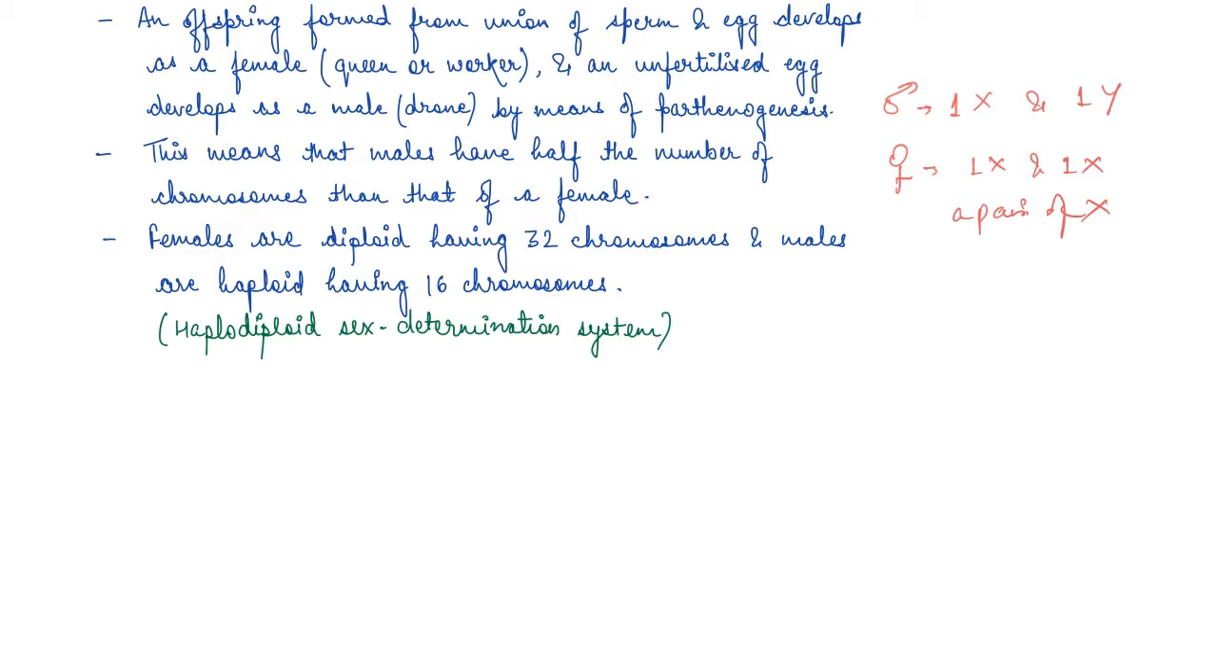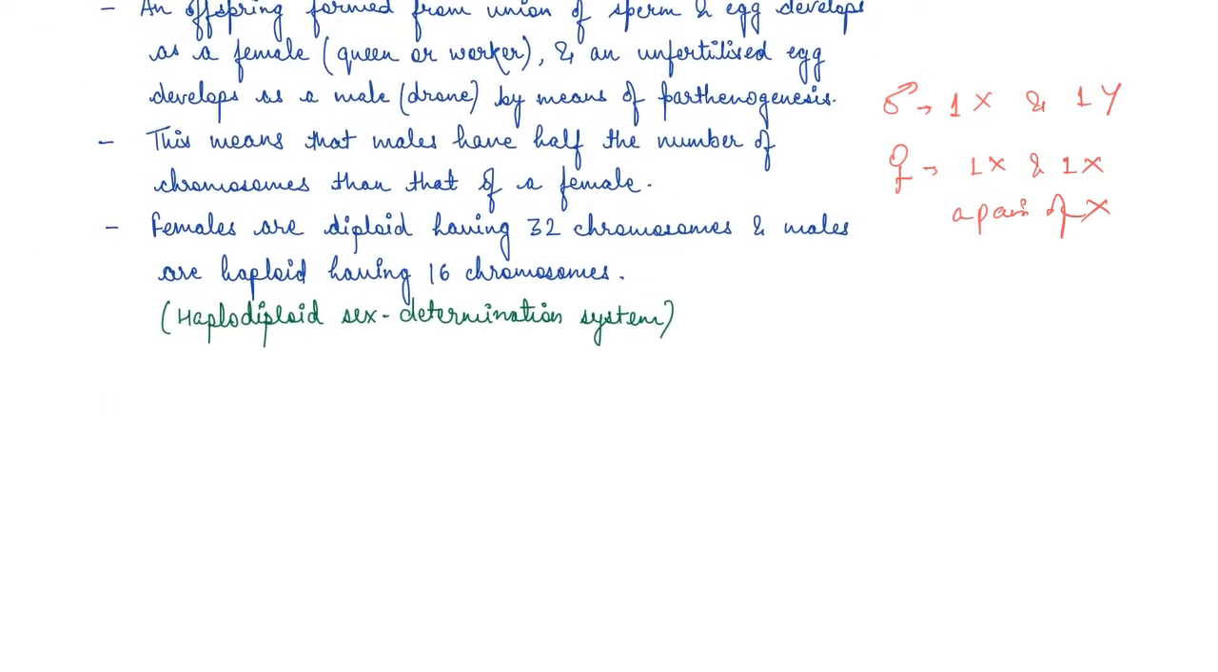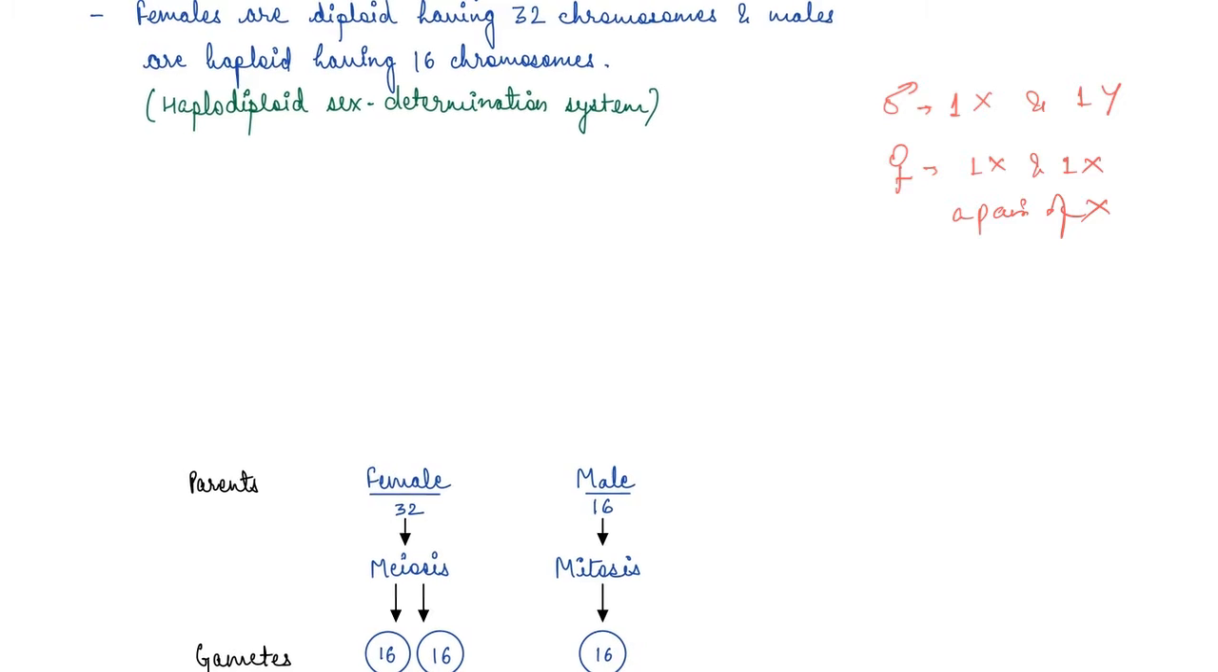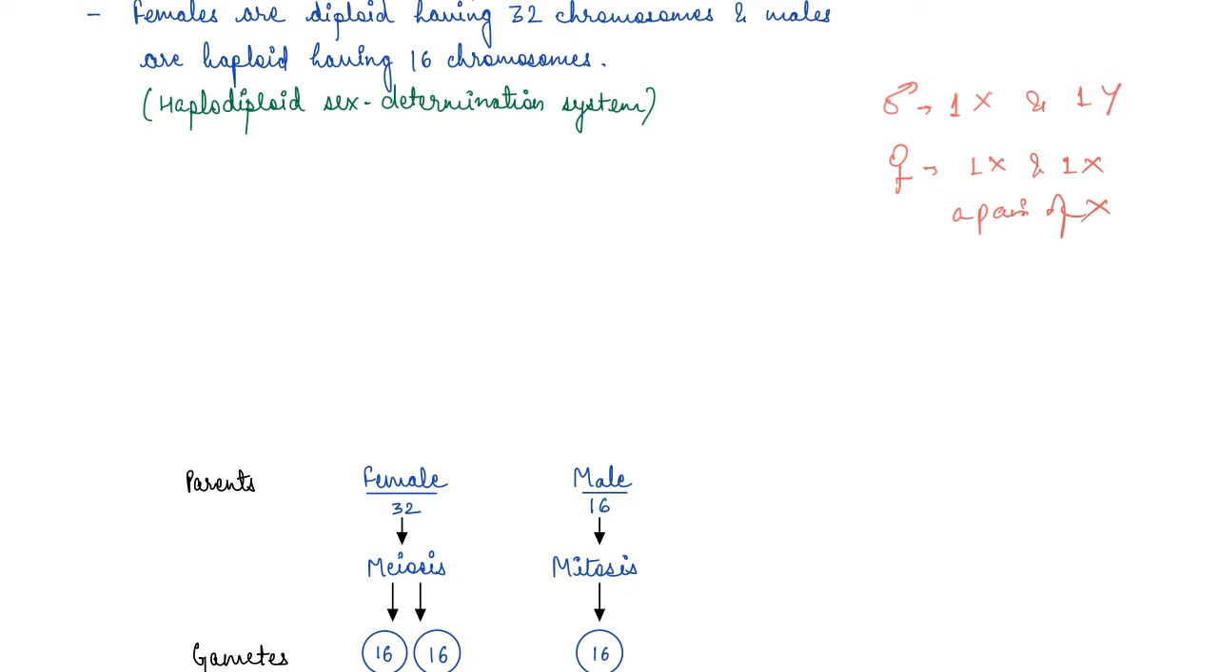And this unfertilized egg develops as a male, which is known as a drone, and this happens by means of parthenogenesis. So there's no fertilization involved. This means that the males, the drones, have half the number of chromosomes than that of a female, right? So females in honeybee are diploid, they have 32 chromosomes, and males are haploid, they have 16 chromosomes, right? So this is nothing but